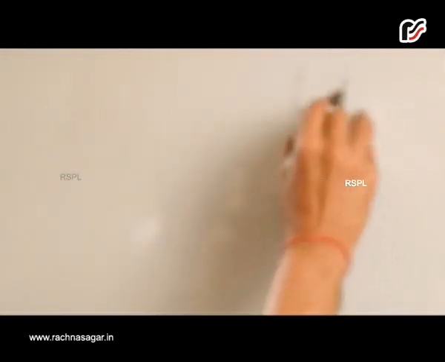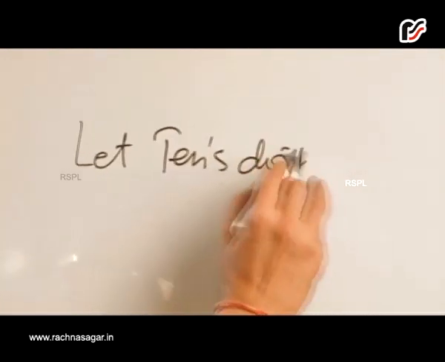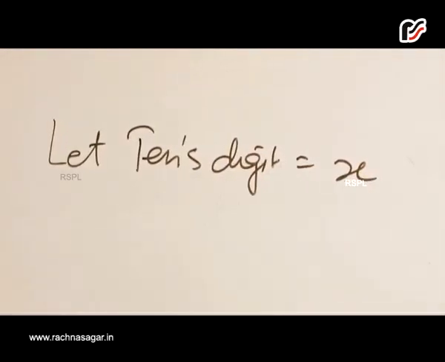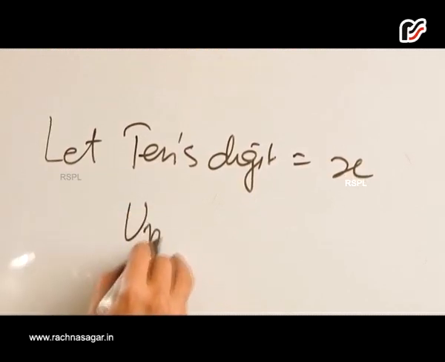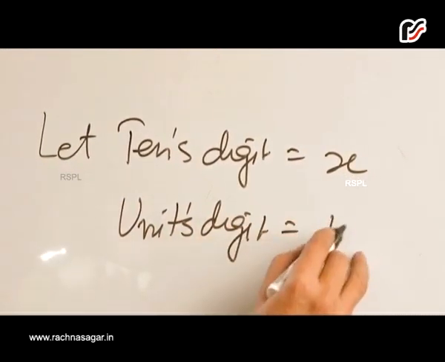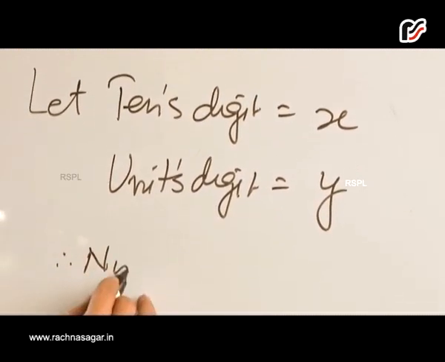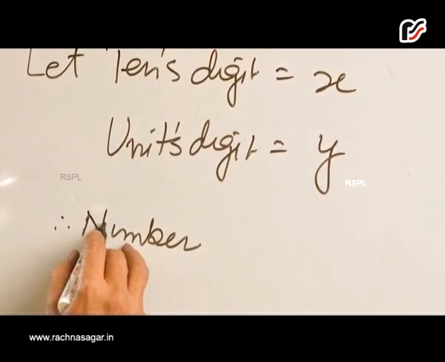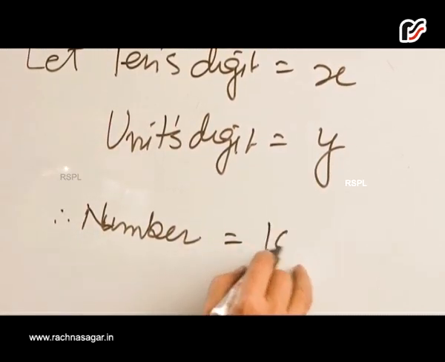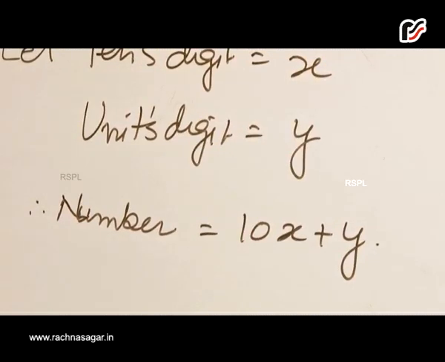Because the number is two digit, let the tens digit be x, units digit is y. Therefore, the number is 10x plus y. According to condition,